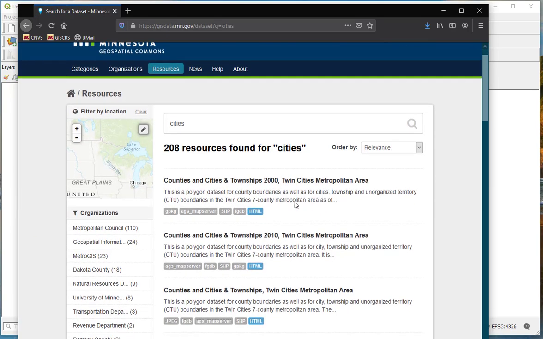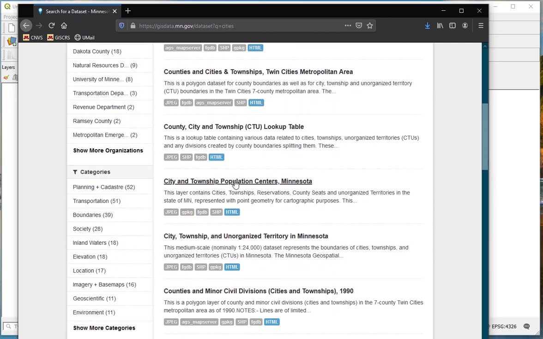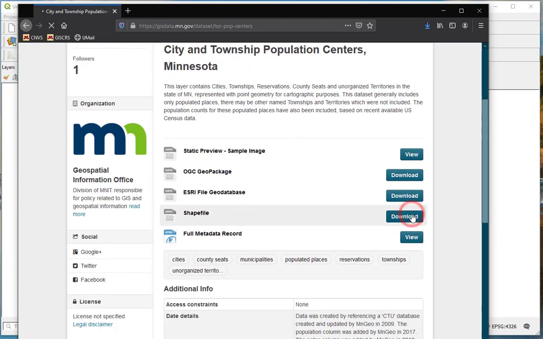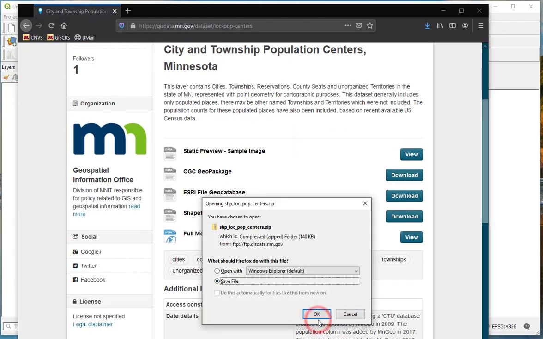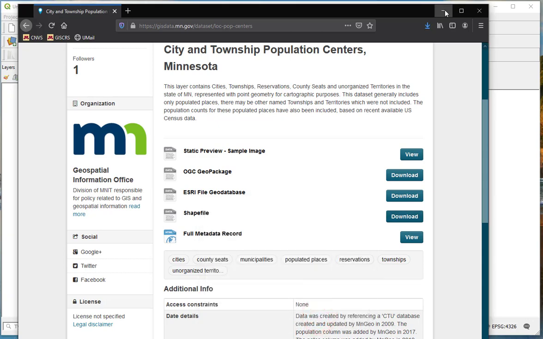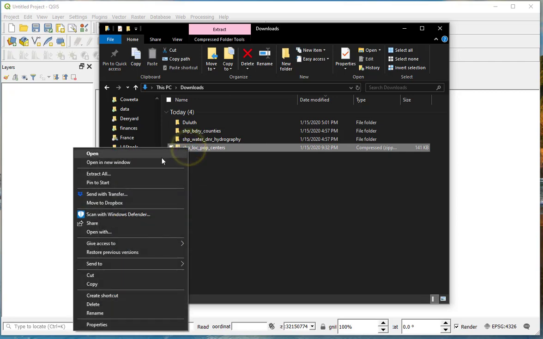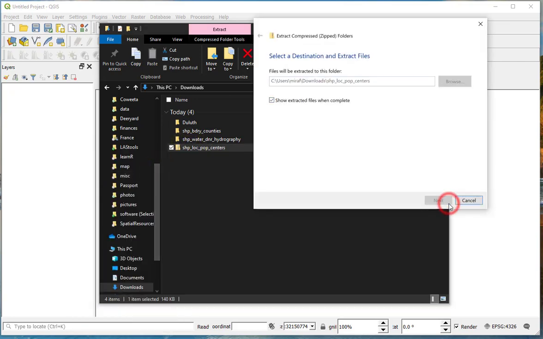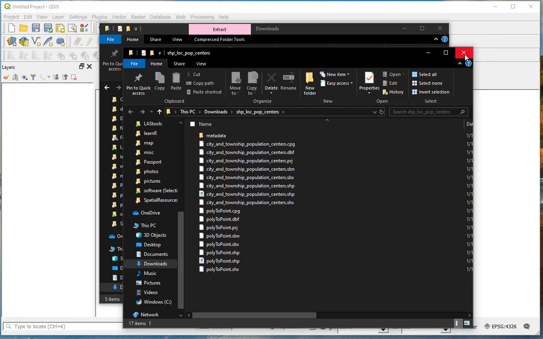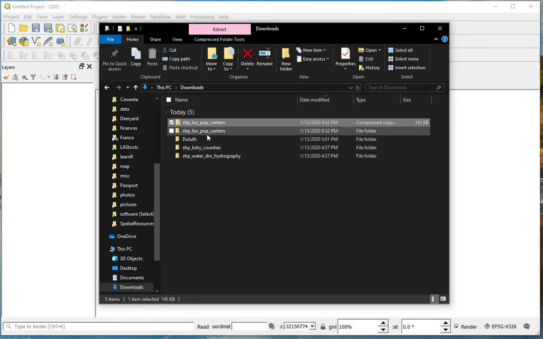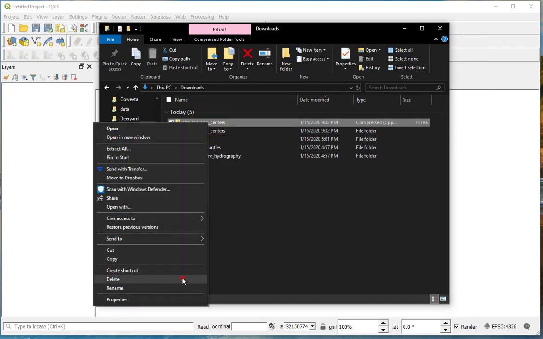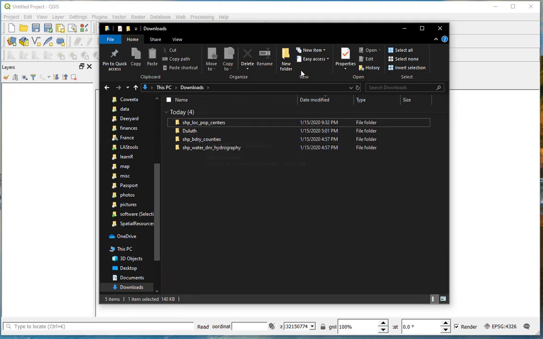So I get a bunch of entries, and I'm going to focus right now on the cities and town population centers. It has a shapefile that we'll want to download. So again, we download that shapefile to, in this case, my default, which is the downloads directory. And if I go to that directory, I can see that it showed up. It's a zip file. Remember, it has this little zipper on it, so I have to right-click and extract all. It asks me where, I say the normal place, it expands that folder, and I see I have this shp_loc_pop_centers folder. I could go ahead and delete the zip file if I want, just to leave the expanded